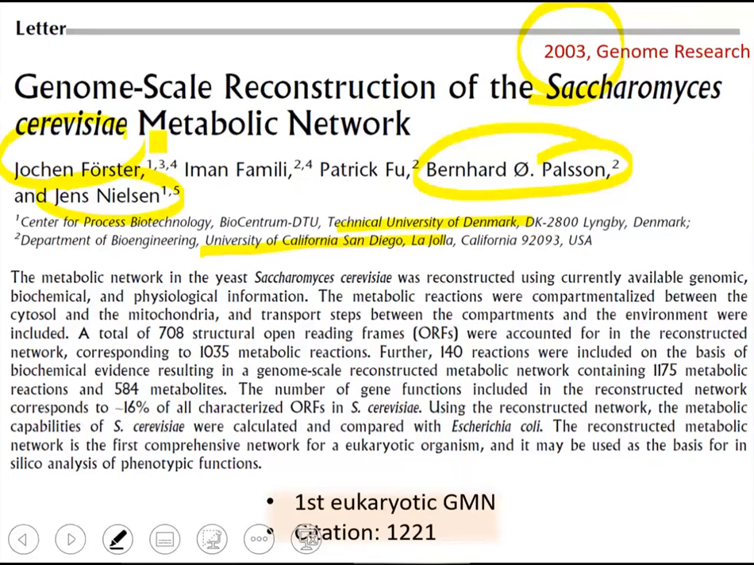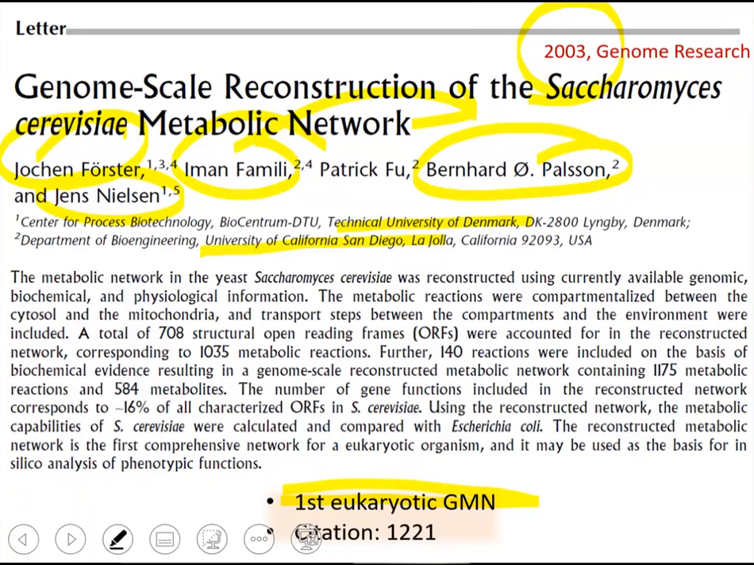Jochen Förster was PhD student of Jens Nielsen, and Iman Famili was the student of Bernhard Palsson. So two PhD students in two different research groups worked together to make available the first eukaryotic genome-scale metabolic network. This was another breakthrough because